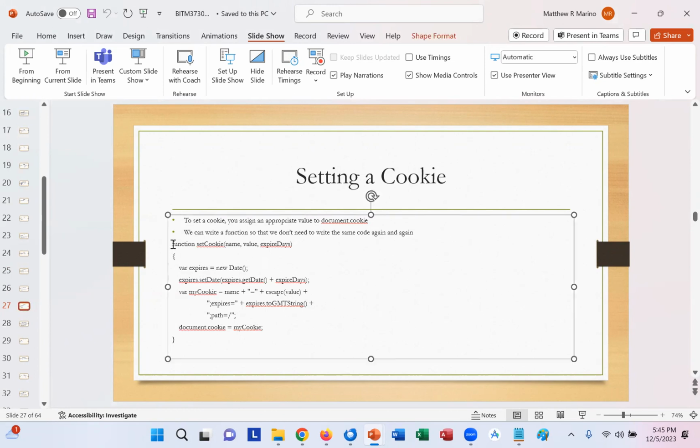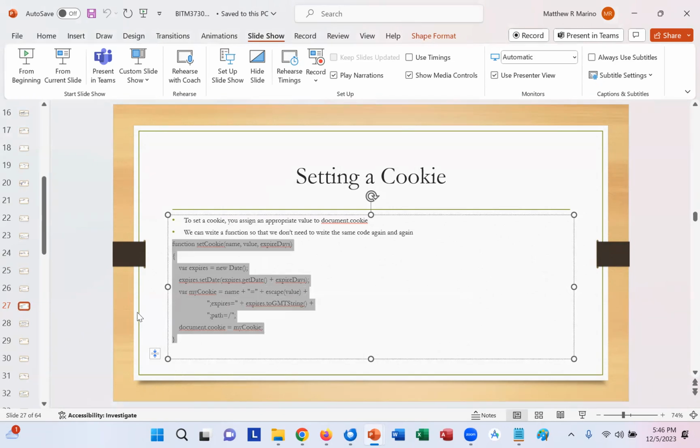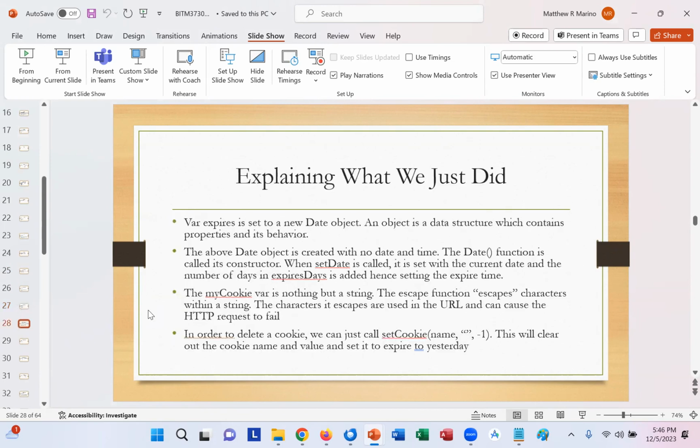And here's an example of a function called setCookie that would create a cookie and set a certain expiration date for the cookie. So the variable expires is set to a new date object. The date object is created with no date or time. This allows us to